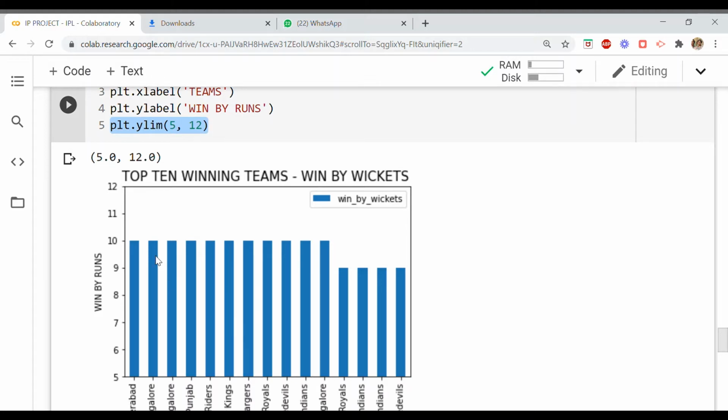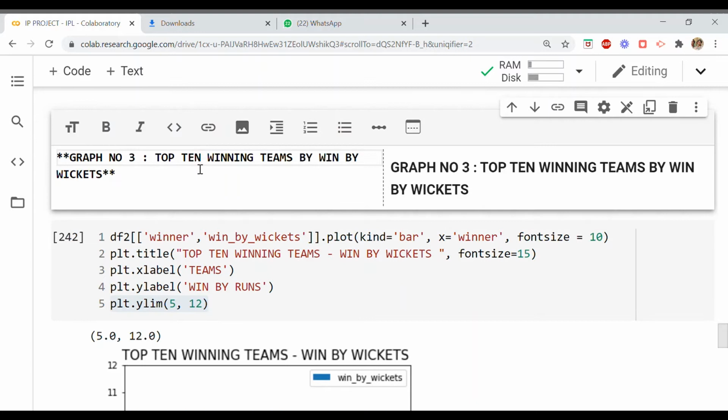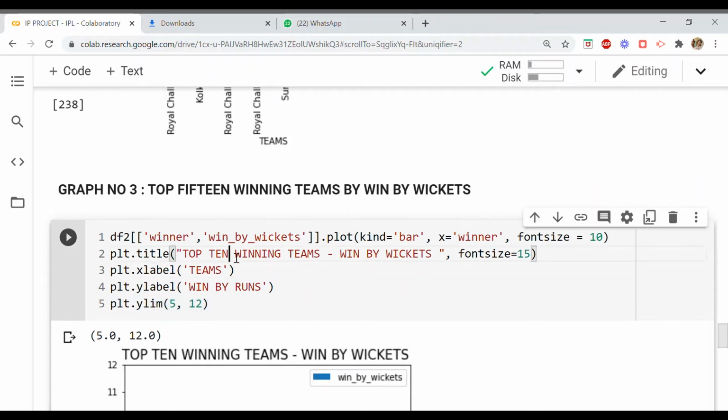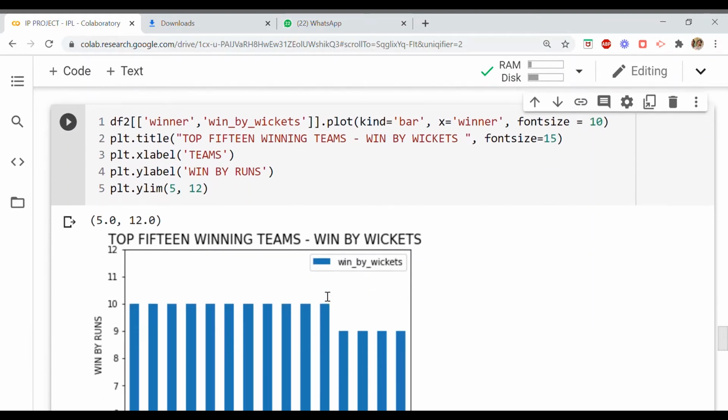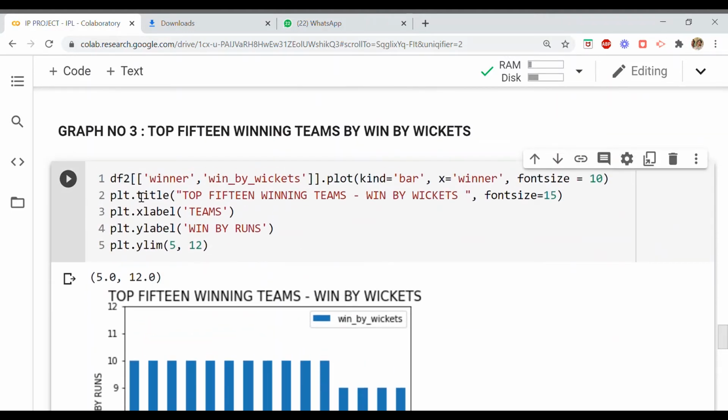So you can see here that these first 11 teams, they all won by 10 wickets, and the last four, because total 15 teams we have displayed here. Sorry, it's not 10, it's top 15 teams. Top 15 winning teams. And here also let us make a change. Top 15 winning teams. Okay. So accordingly, all these IPL teams are being displayed in the descending order, because my data set, data frame, which I have used over here, is already being generated in the text reports.